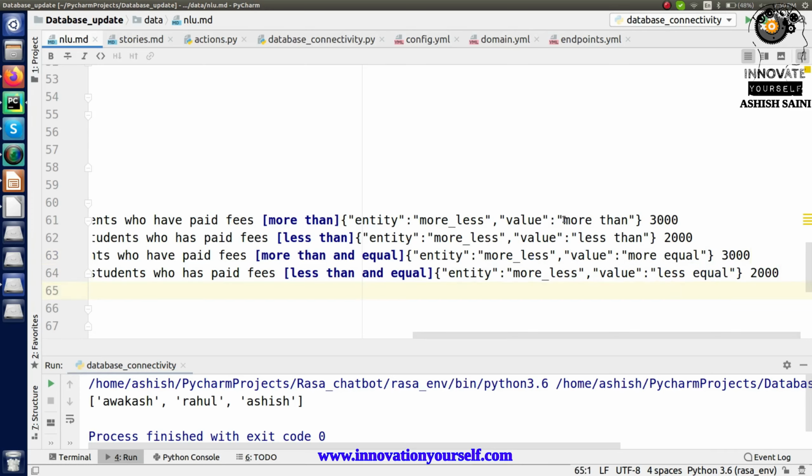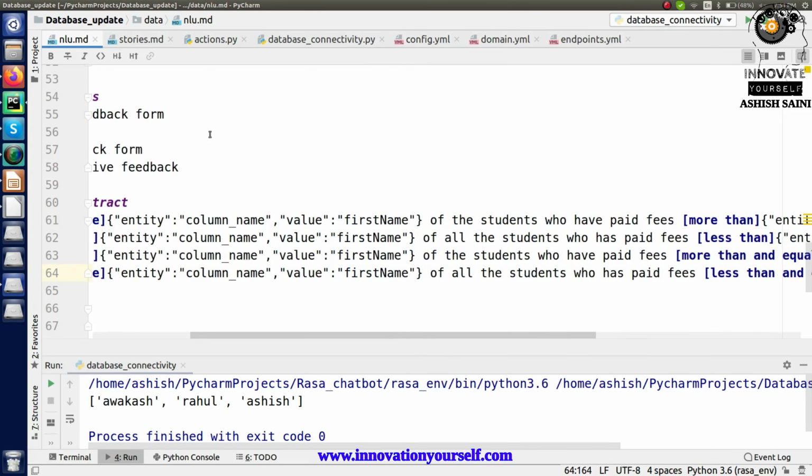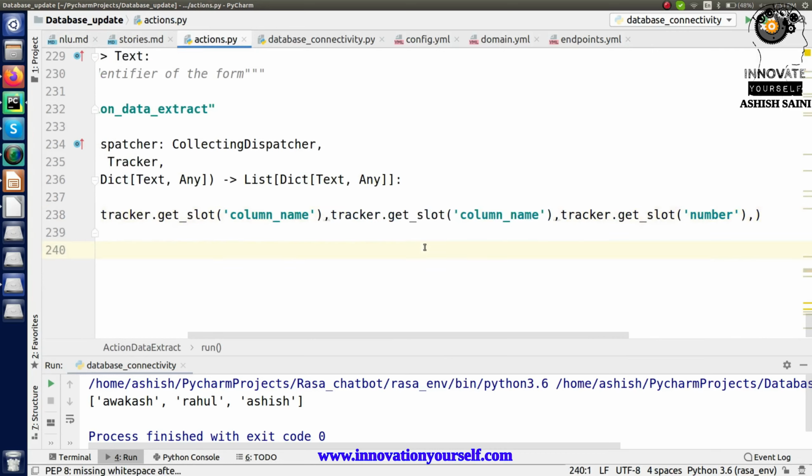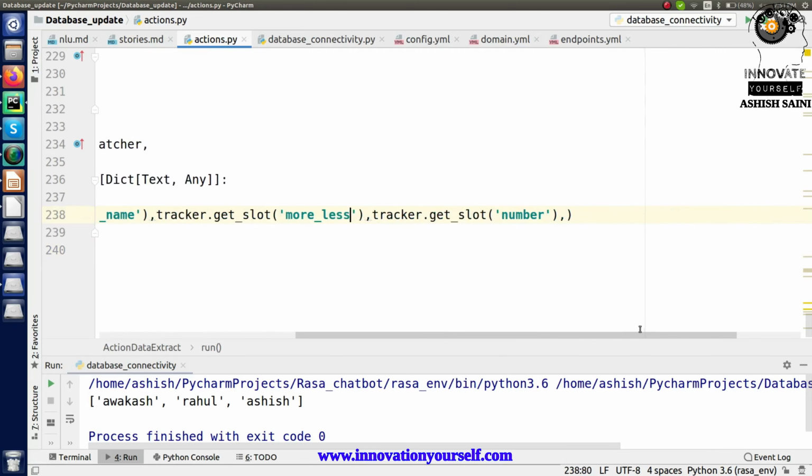So let's do one thing, let's not make it like this. Let's just directly pass the value over here, so it will be easier for us, right? Alright, so now having the complete value, just go in here. Yeah, so now what will happen is, okay, one more thing, more underscore less. Alright, so this is all that I'm having right now.